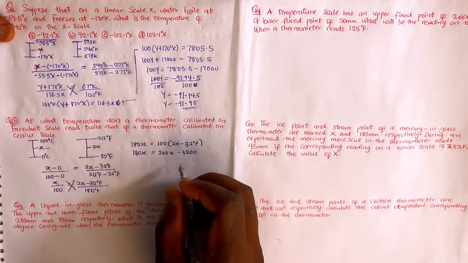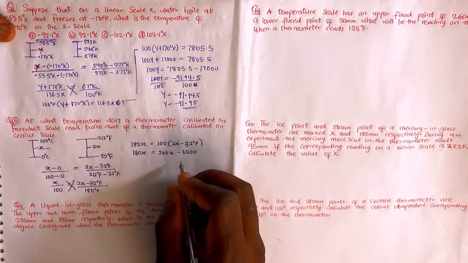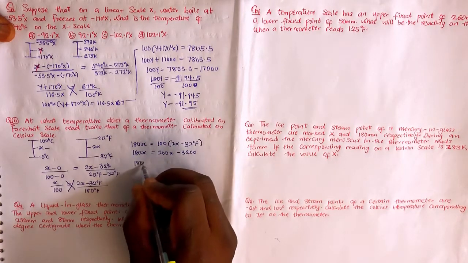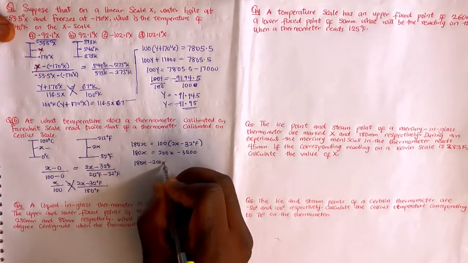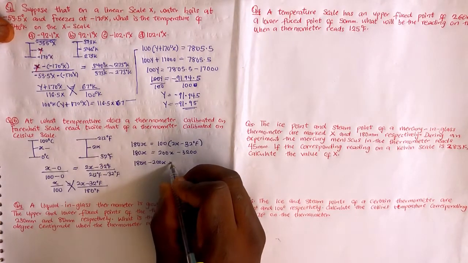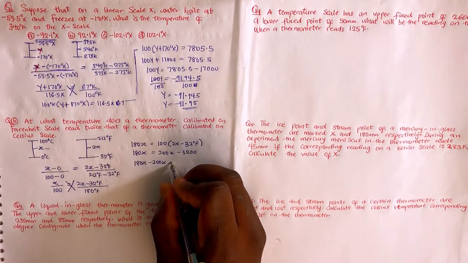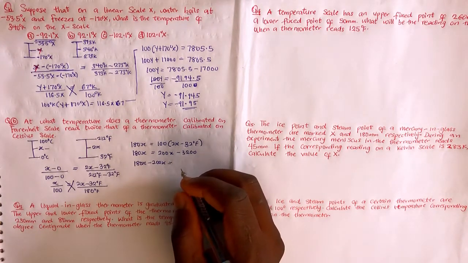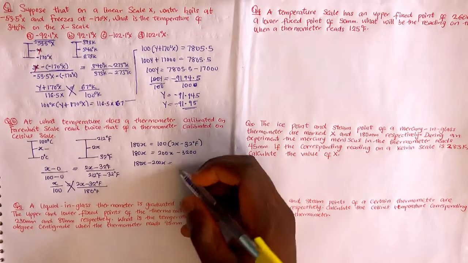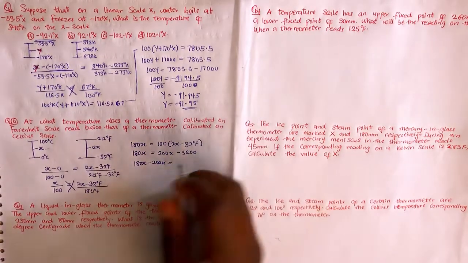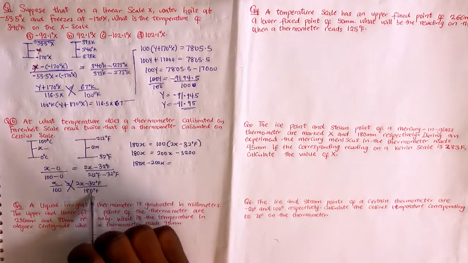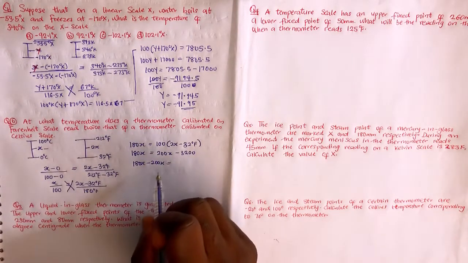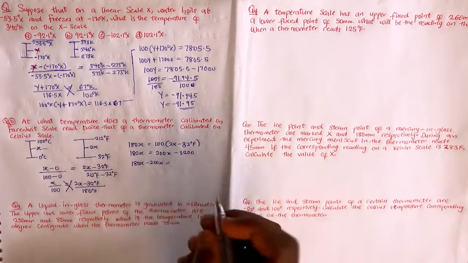Collecting like terms, I will have what? This will come here, that's 180x minus what? 200x equals to what? Should I have x here? This most idea is actually 180x. Okay, let's just try to pick points where the mistake comes from. This multiply, that's x. Okay, 90x equals to minus